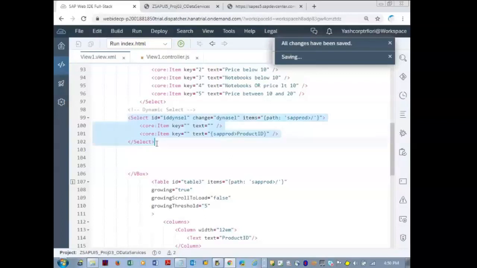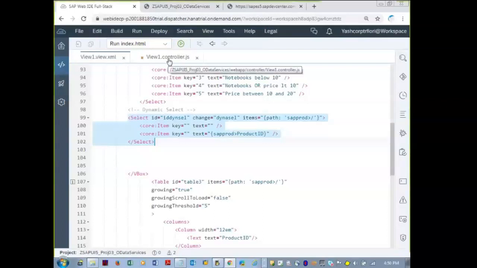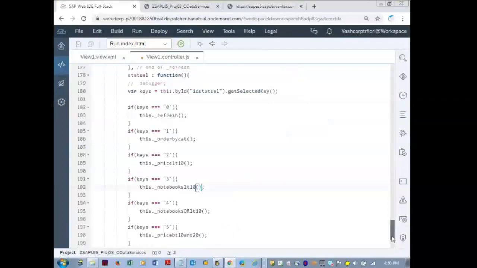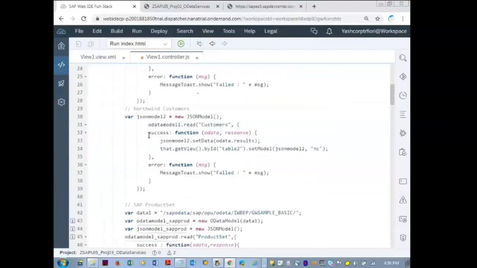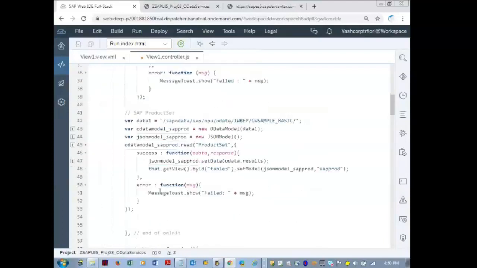Now to this select control, I need to set the data, push the data. In the controller, at the beginning, for the product set, we have pushed the data to which control? The table control only, not to the select control.